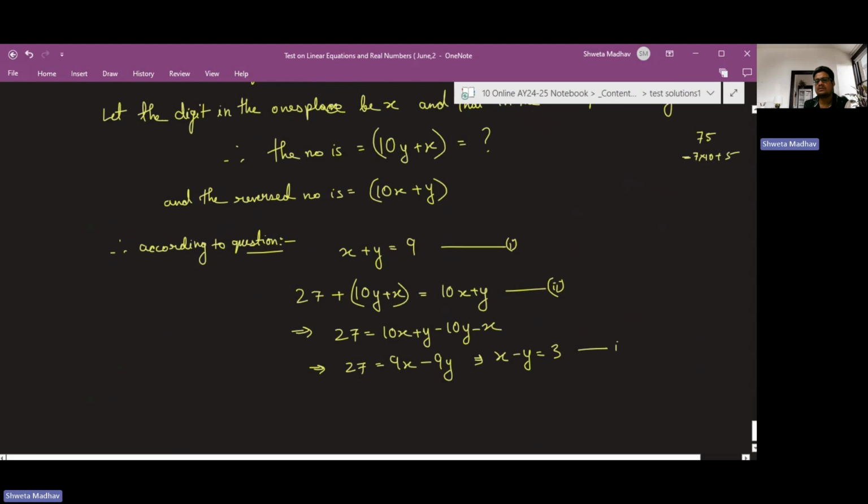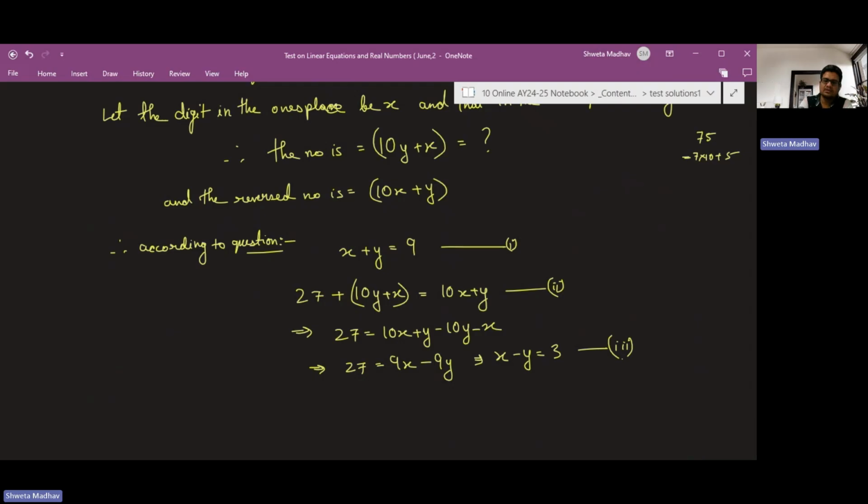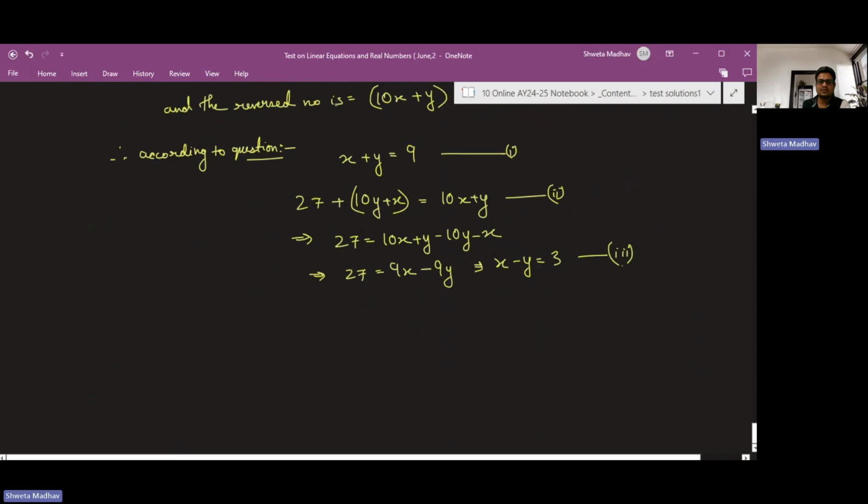So this is our equation 3. So x minus y is 3, and x plus y is 9. Now adding equations 1 and 3,